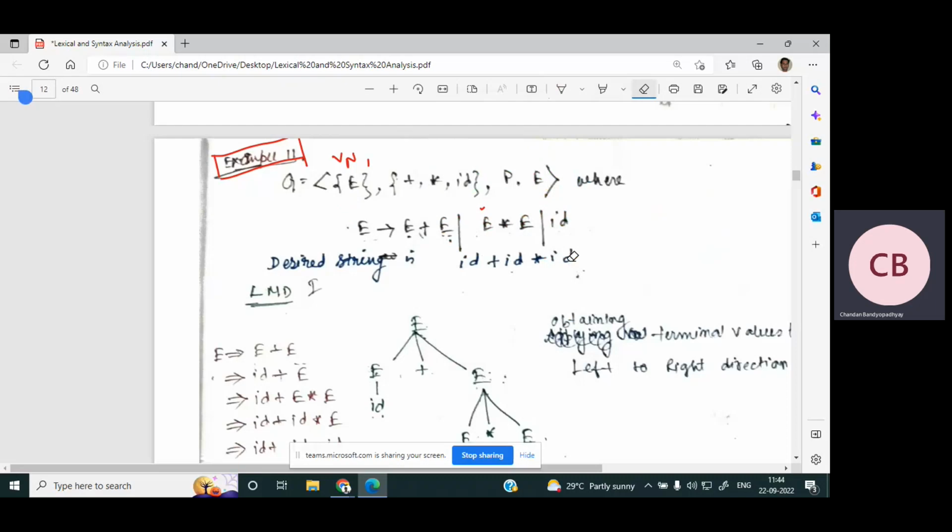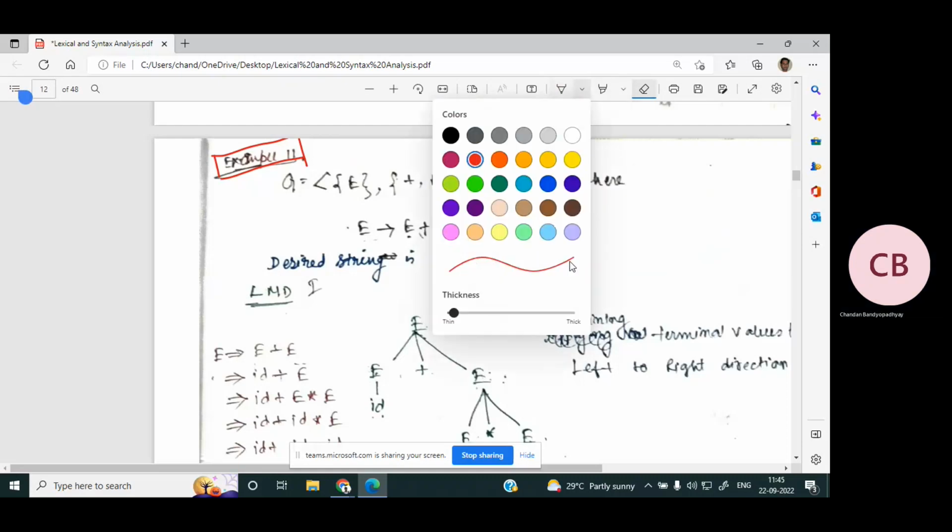I'm writing the extra part that I have. Sorry, actually I'm erasing the extra part that I have written. Now,